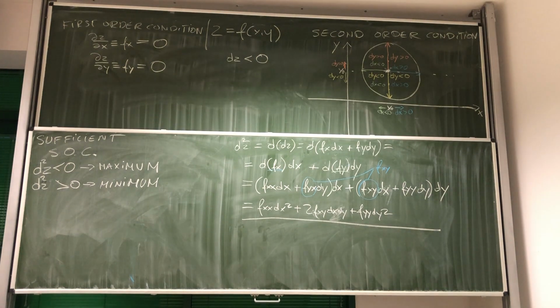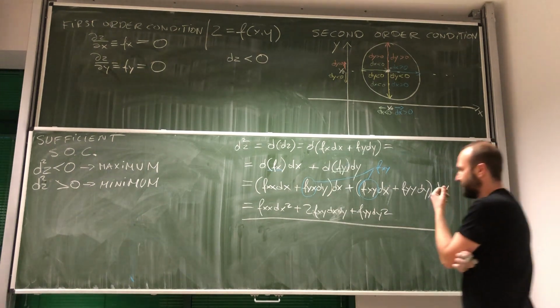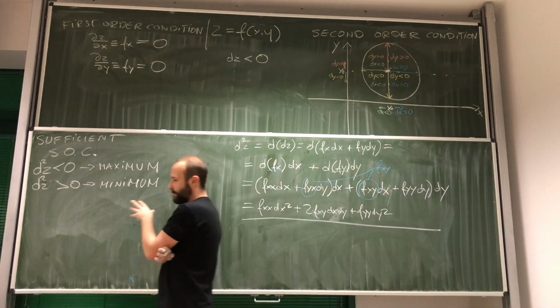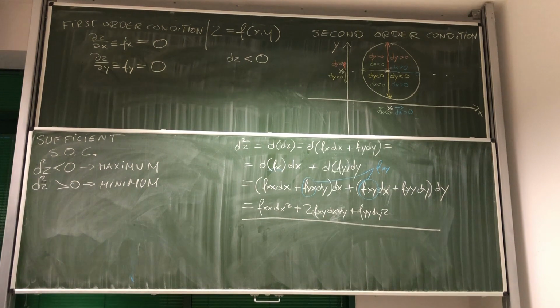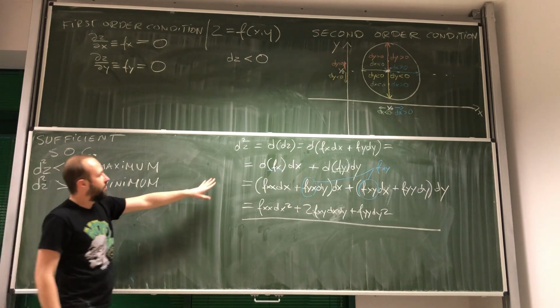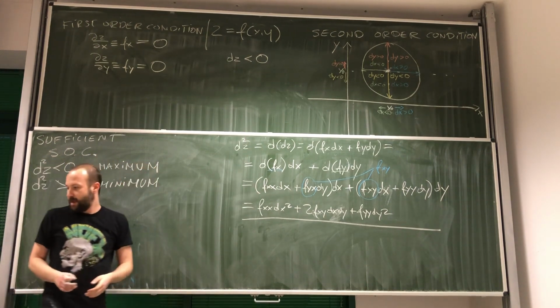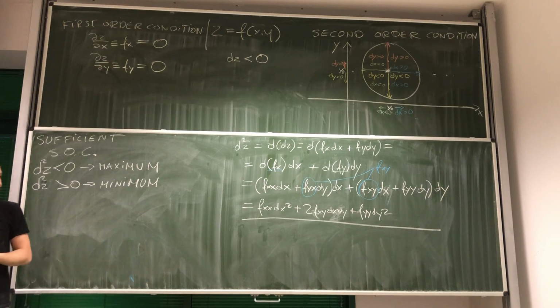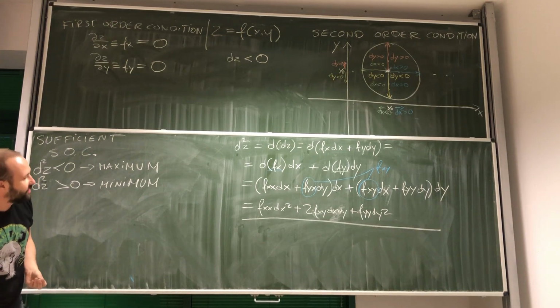But we're not going to do it because we would have to spend probably like 2 hours on it, and this is, let's just say, a little bit beside the point over here. So I'm just going to show you the result. As it turns out, if we want to assess the sign of d squared z, the only thing that we are going to need